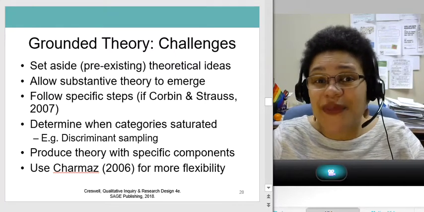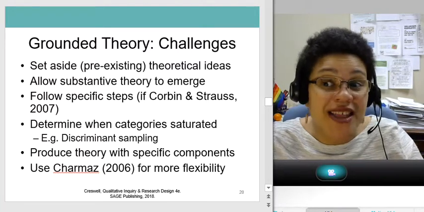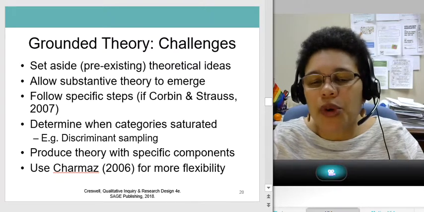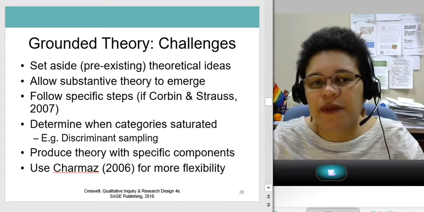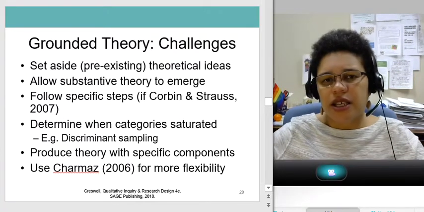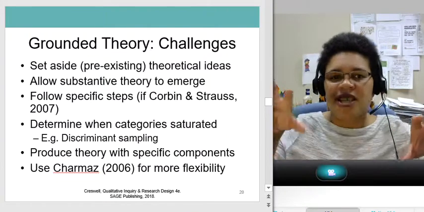Because if you talk to somebody from a slightly different perspective, maybe they would say something different, right? Producing a theory with specific components can be hard. Again, the data might not fit into the classical or systematic scheme.